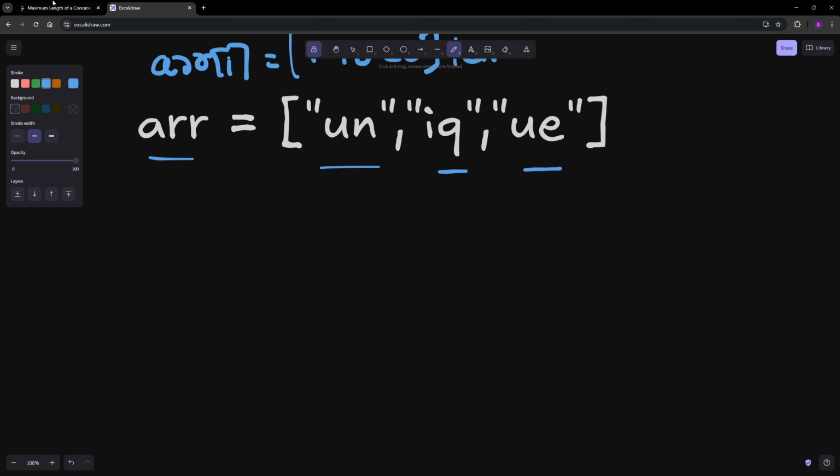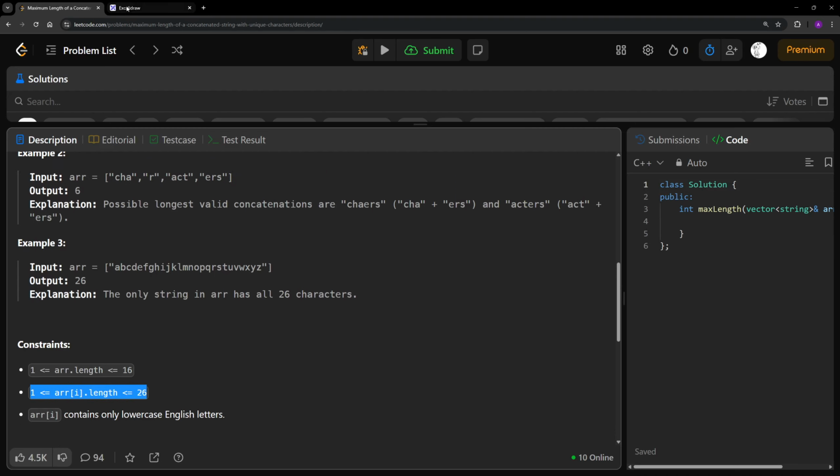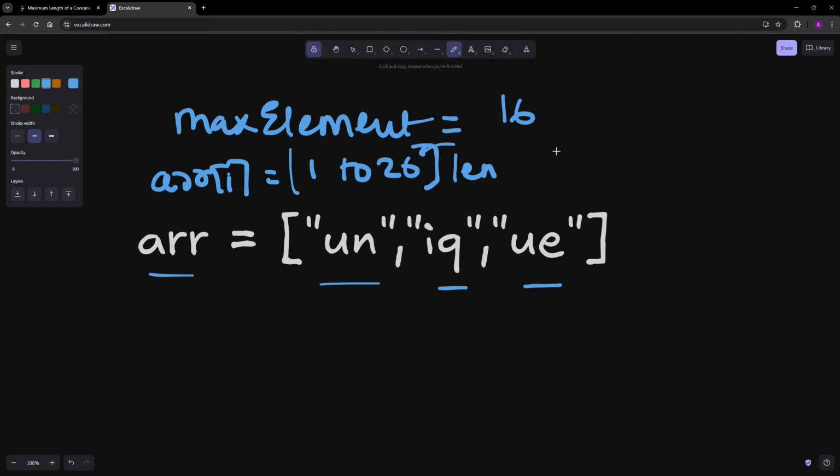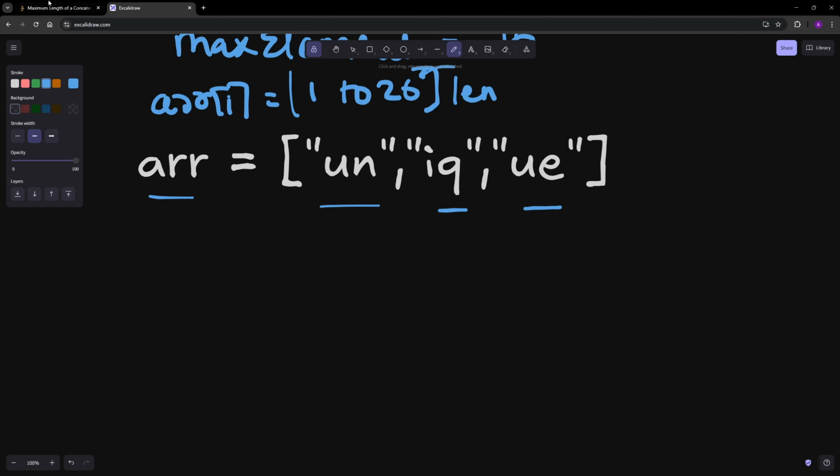So now what you have to do is that you have to concatenate, so there can be maximum 16 elements. So you have to concatenate these strings of this array, and form the largest unique string which you can do. So one example is that you can combine un and iq. Okay, un and iq can be compared and the string length will be